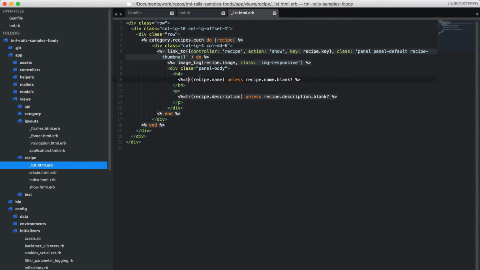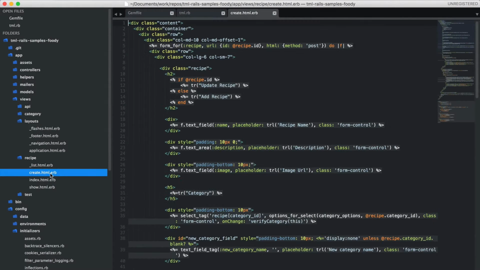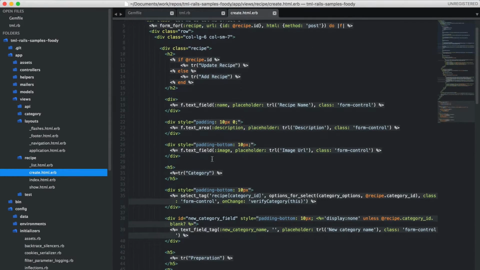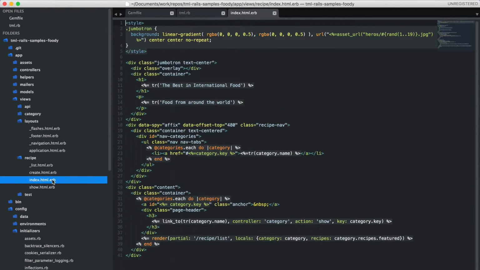As you can see, the recipe name comes from either the database or another backend application, same as the recipe description. So all the descriptions that we pass in will get extracted. Here, let's say we have more: TR update recipe, TR red recipe. Those are strings, and they will be extracted and ready for localization.